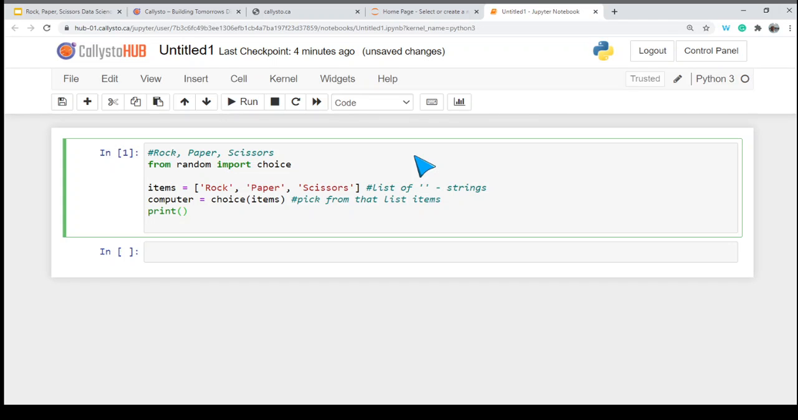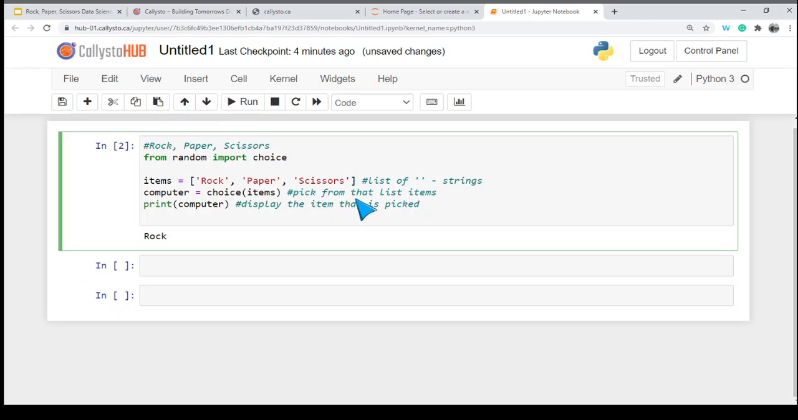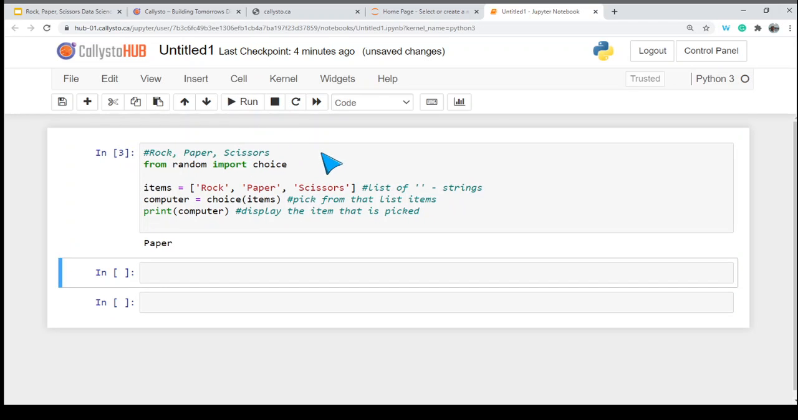And then what we want to do is have it display onto the computer screen. And so we use a print option. So we're going to say print computer. And so this will display the item that is picked. So now if I run, we'll see rock. Great. So if I run it again, oh, I've got to click on this one to make sure it's selected and then run it. So we got paper and paper,